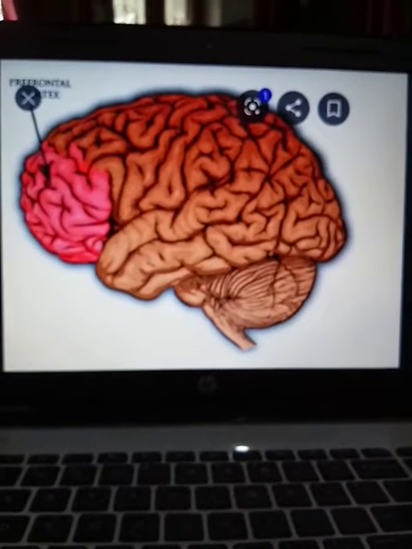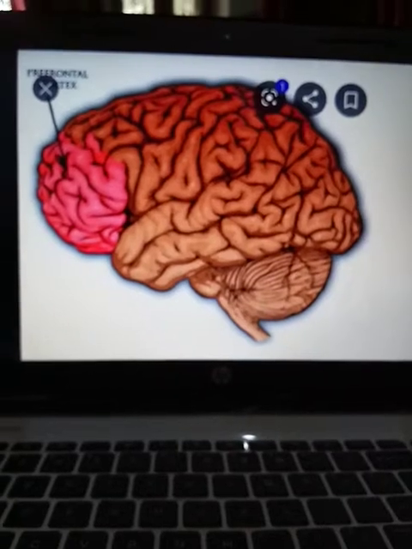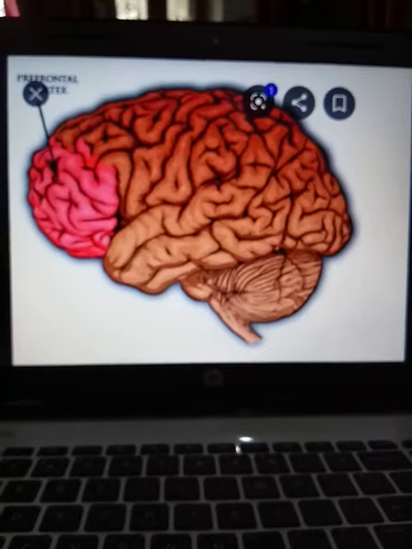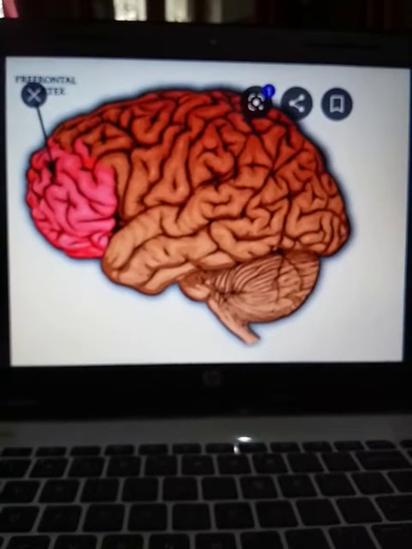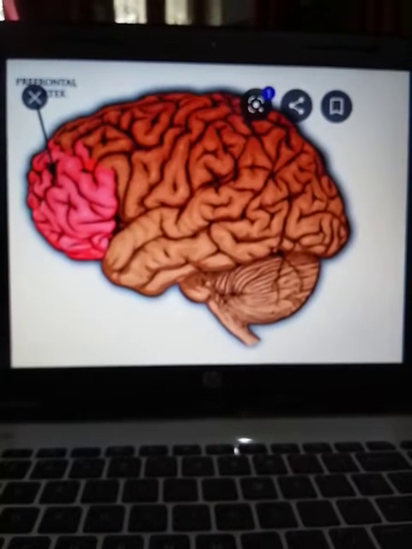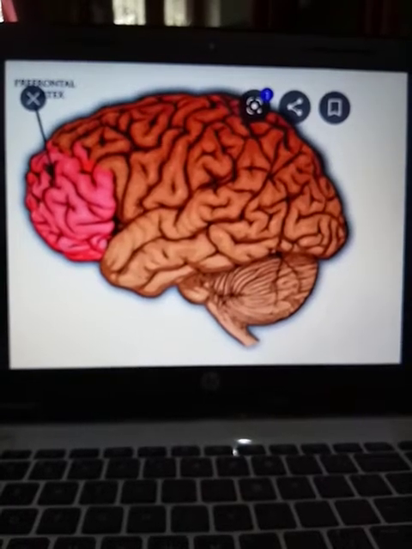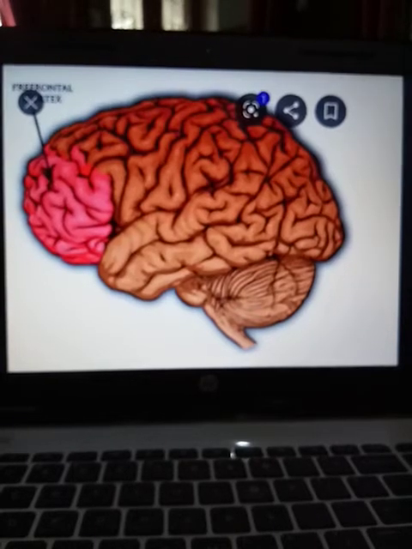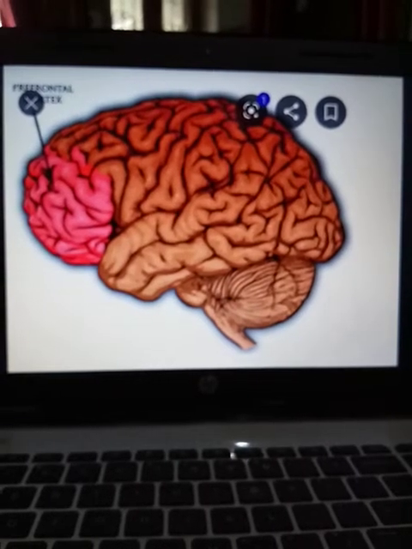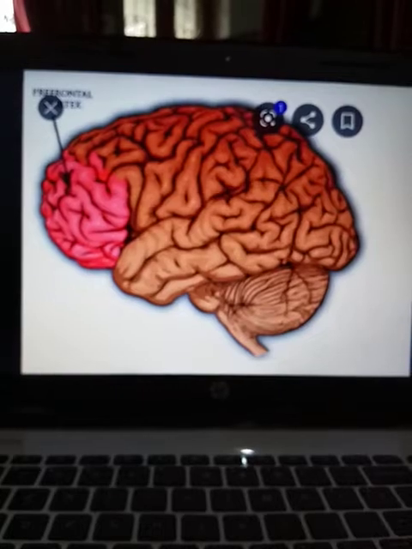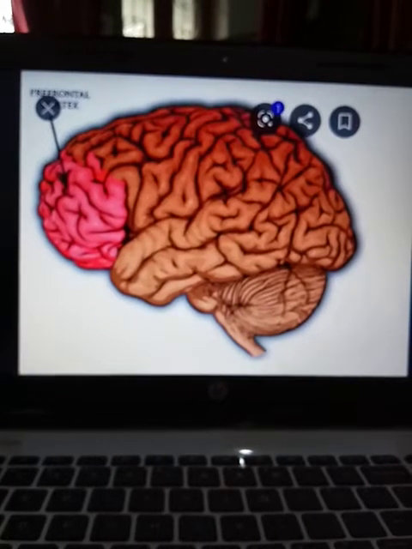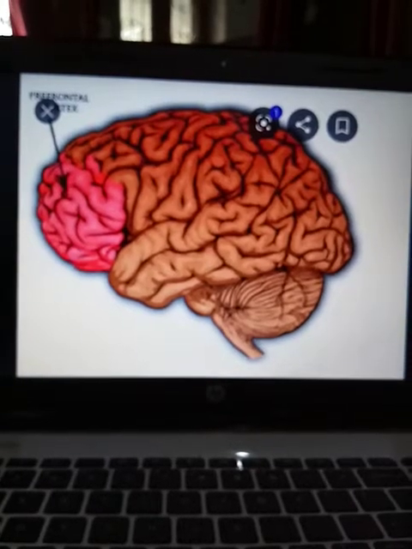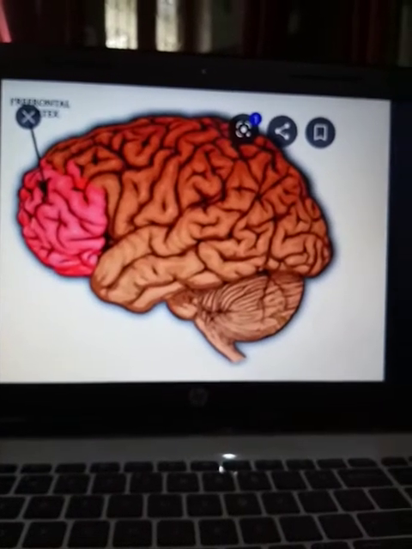This prefrontal area is concerned with the emotions, the expression of emotions, and the actions which the person performs. It shows the responsibility of the person towards his actions. If there is damage to the prefrontal area, the person will be emotionless and negligent, which we will be discussing in the coming slides.